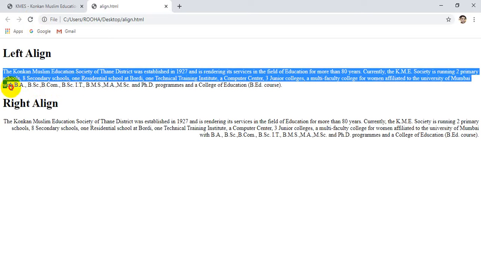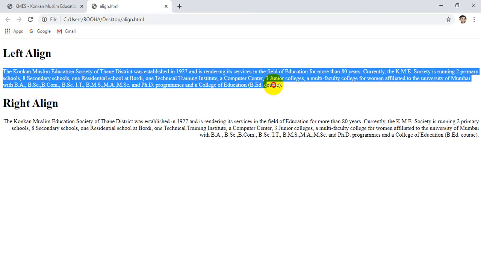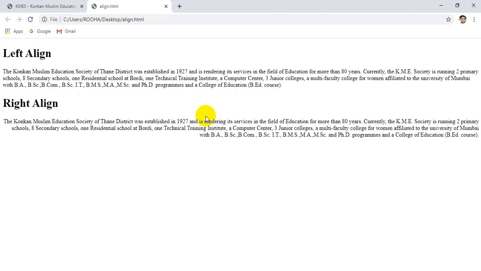I have not used any CSS text-align property here, but in the second paragraph, the content is the same. The only difference is the alignment: the first starts from the left and the second from the right margin. Okay student, see the difference: what is left alignment, what is right alignment?